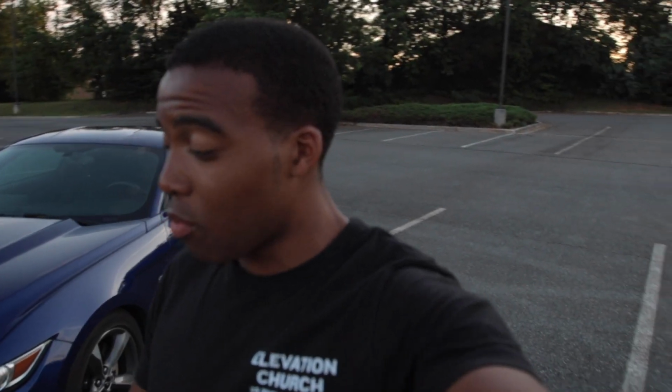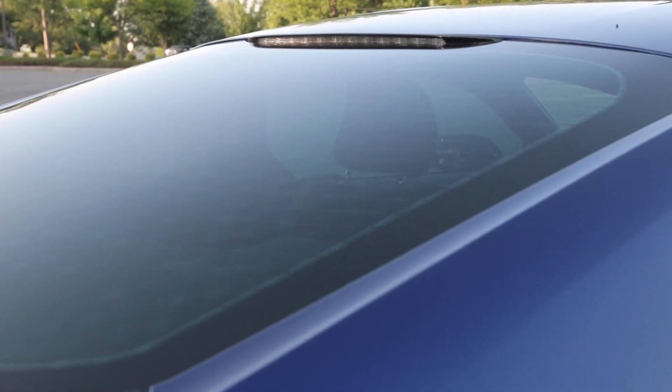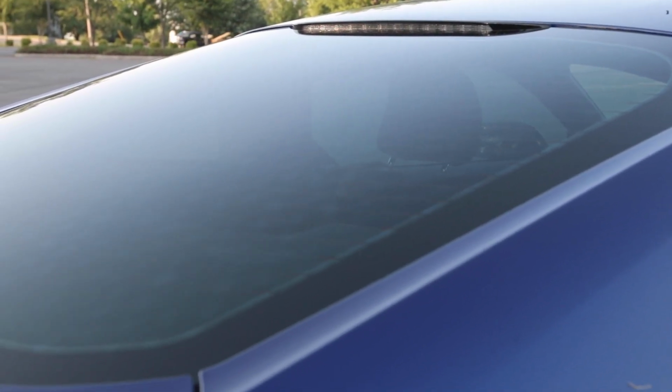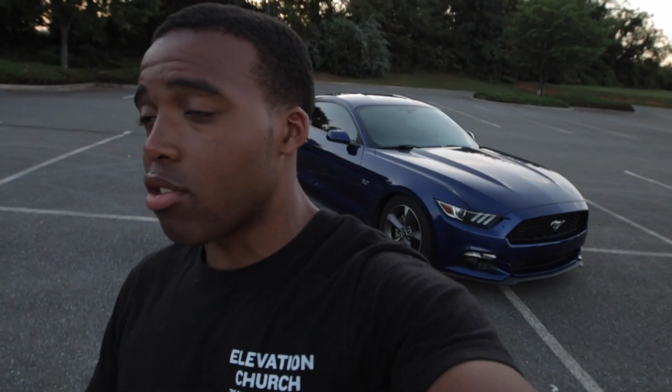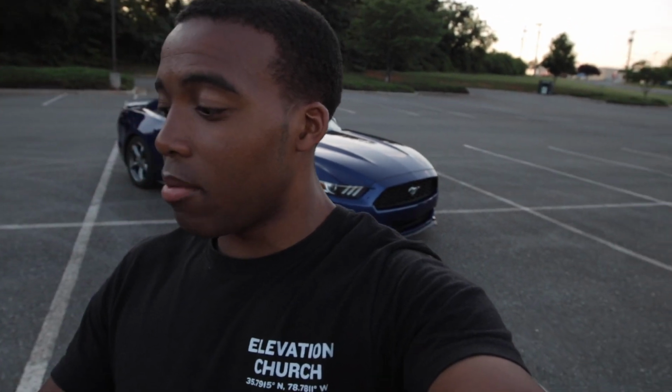So basically guys, all that I just said right there, that's basically everything I've spent. Spent about $300 on the tint. I can't remember the exact price, but I want to say it was around $300, which is not a bad price. A lot of cars with 4 doors I spend about $600 depending on how big the windows are. So with this being a coupe, I think I got it done at Sunstoppers in Concord, North Carolina. So they did everything around. They did not do the front windshield, but they did the side windows and the back windshield for about $300. So I believe all that comes up to, if I look at my phone right here, go ahead and give me a second to get the total,